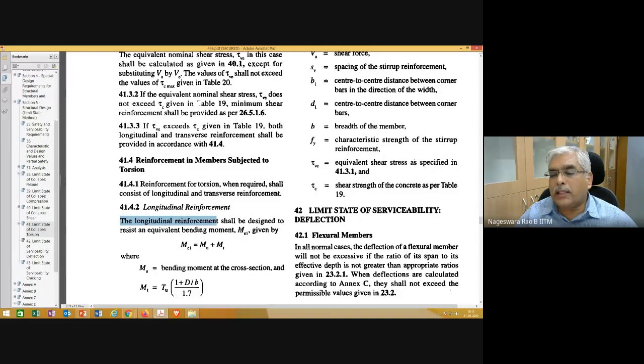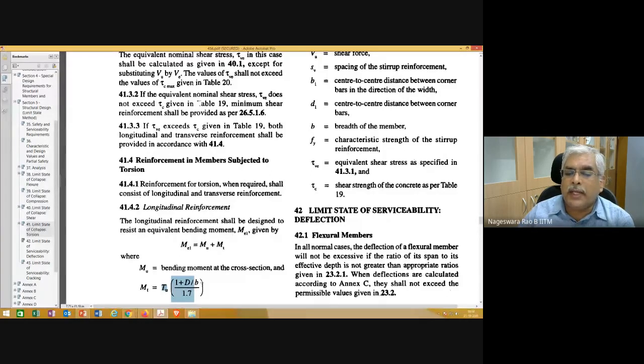Equivalent bending moment is given by MU plus MT. MU is nothing but the bending moment at the cross section, and MT arises because of torsion, the torsional moment that is applied. The equivalent moment because of that is given by this. Again, how this relation is obtained, the details you will be learning as part of your advanced courses.